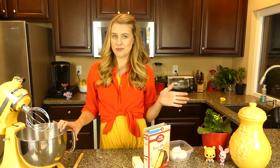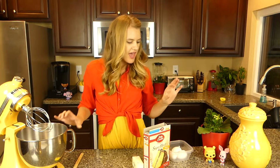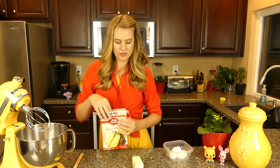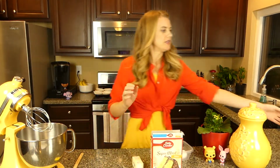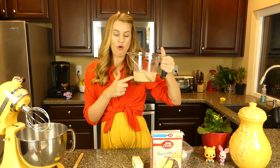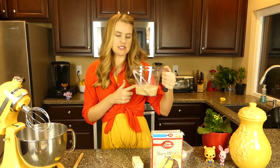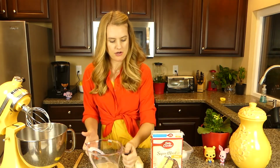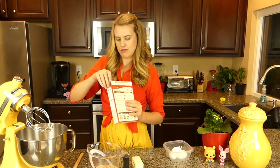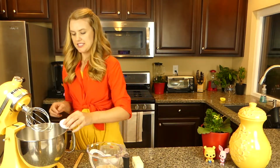I found this recipe on Pinterest and I am going to try it for the very first time, and it is kind of a cheater version because I'm going to use cake mix. I'm not going to use the real thing, but this is 1 cup of whole milk and I've steeped it with this Earl Grey vanilla tea, and it says about 30 minutes and it's been about 30 minutes, but it's 1 whole box of yellow cake mix, 3 eggs,